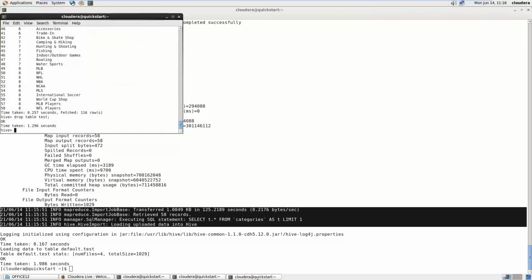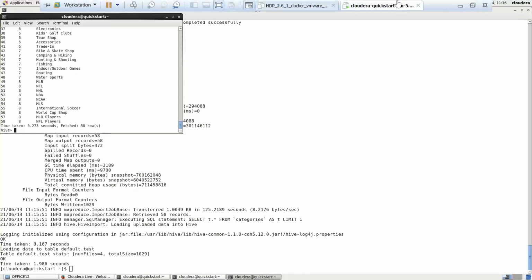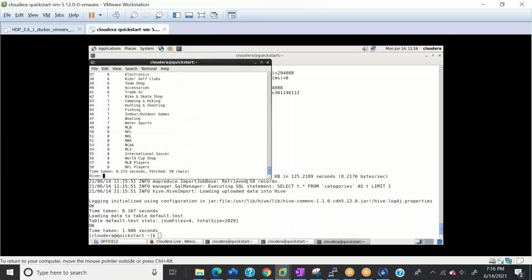Okay, so let me go here and Hive. This is Hive, right? So I have one table here, test. I dropped it just for you. And if I run this select, I already have all the table, only 58 rows. Why? Because I have put the query value condition, boundary value condition, right? Okay, yeah, this one. So this is the way.